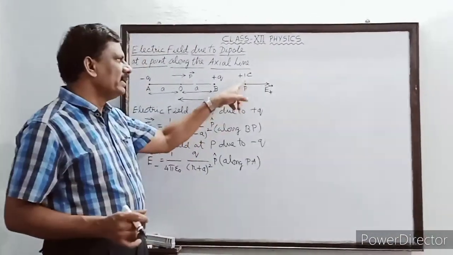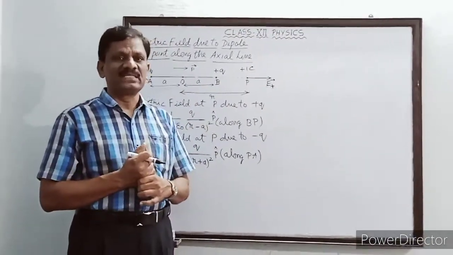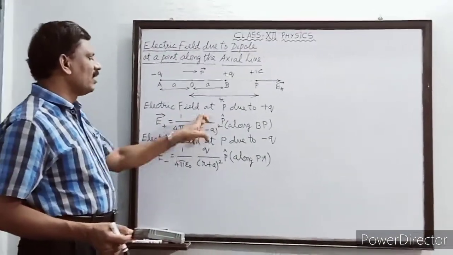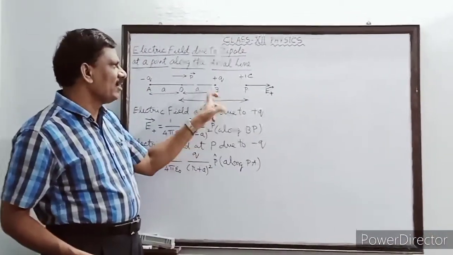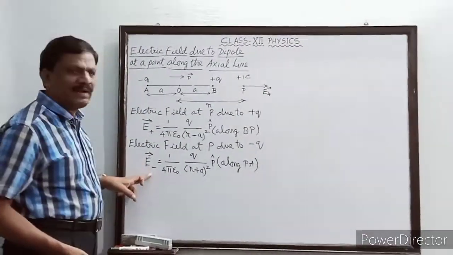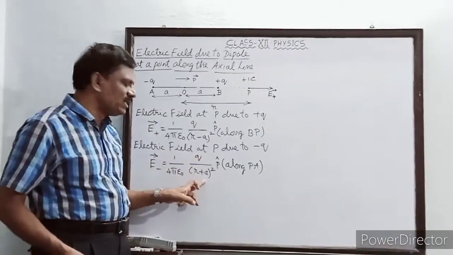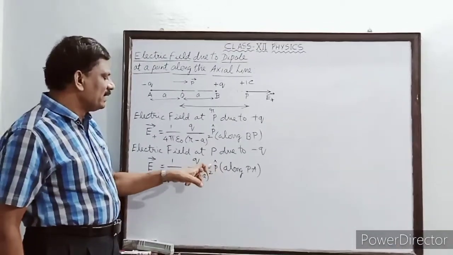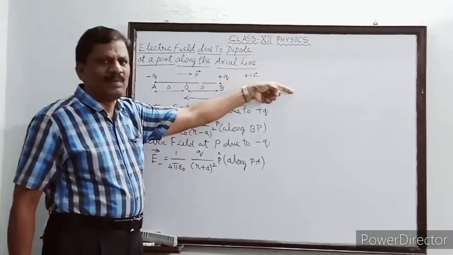At point P, we have to find the net electric field due to the two charges plus Q and minus Q. So, E plus vector is equal to 1 by 4 pi epsilon naught into Q by R minus A the whole square into P cap. This vector acts along BP in this direction, I have shown. Similarly, in which direction does E minus vector act? That is, E minus vector is equal to 1 by 4 pi epsilon naught into Q divided by R plus A the whole square into P cap. But this time I have written P cap. P cap is acting towards the positive x-axis.